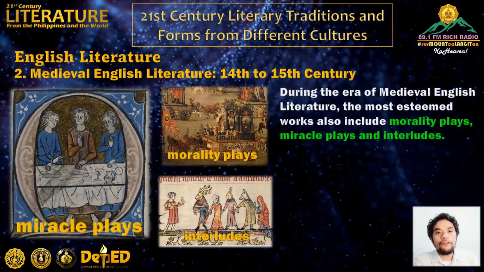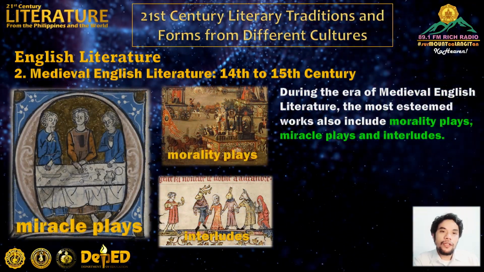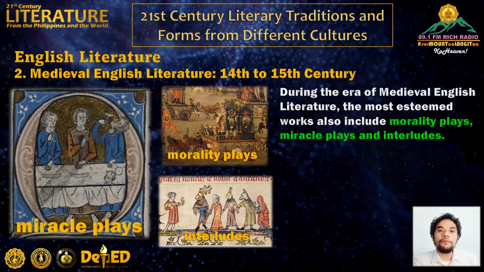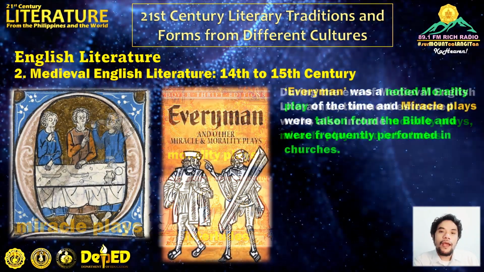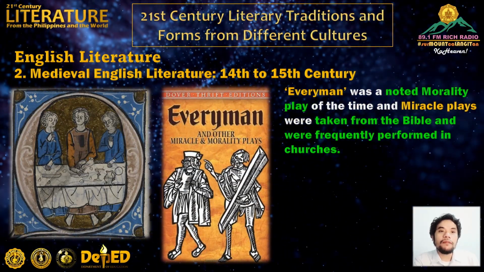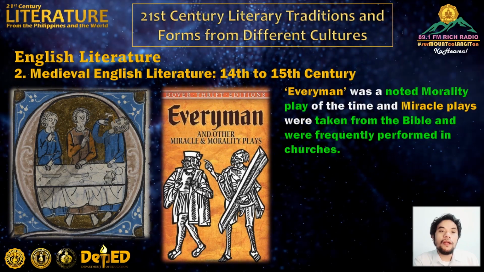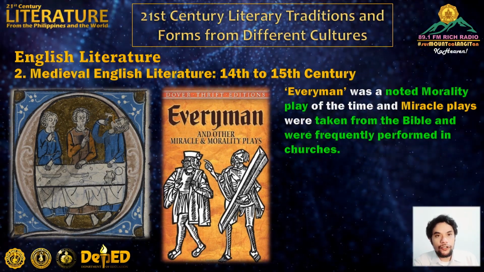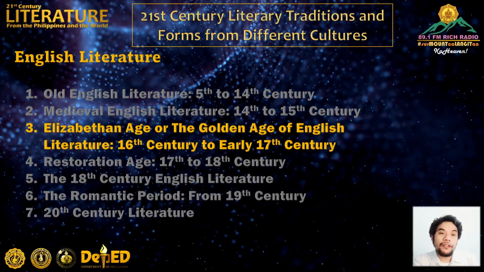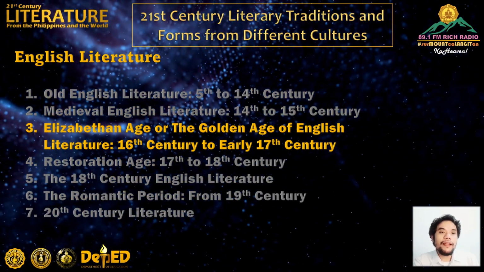During the era of medieval English literature, the most esteemed works also include morality plays, miracle plays, and interludes. Everyman was a noted morality play of the time, and miracle plays were taken from the Bible and were frequently performed in churches. Bringing a distinctive paradigm shift in the history of English literature, Elizabethan Age or the Golden